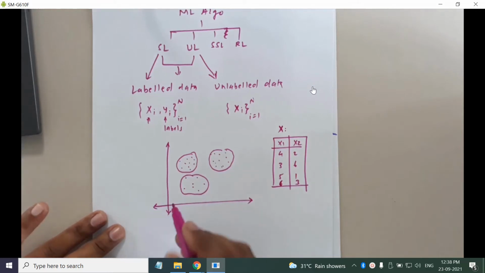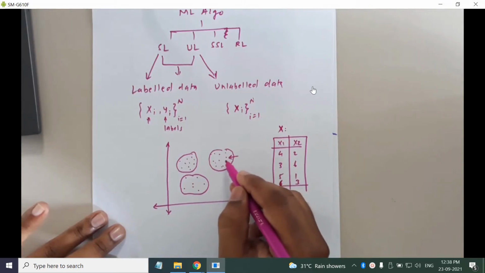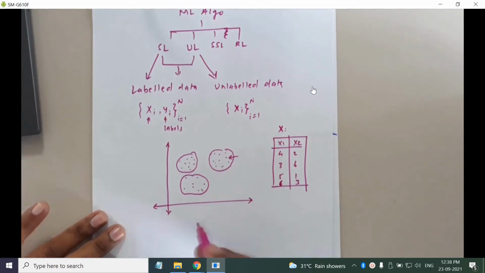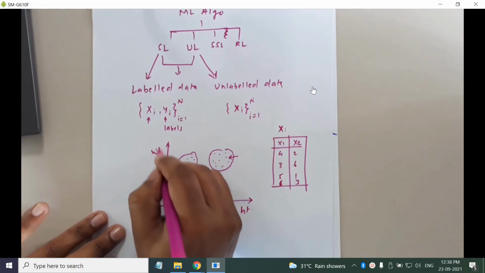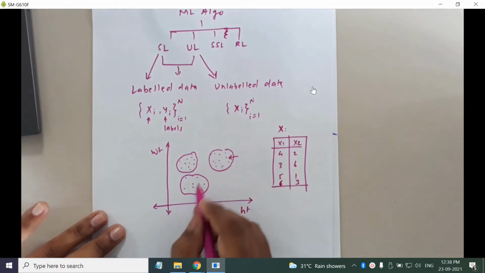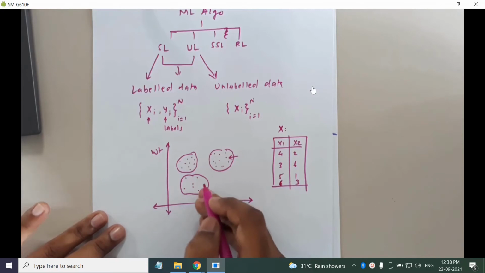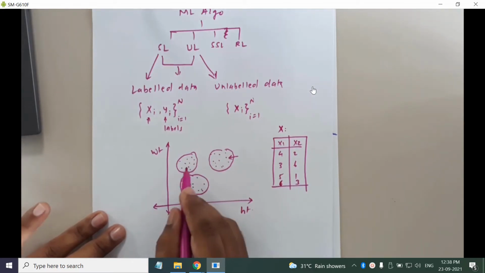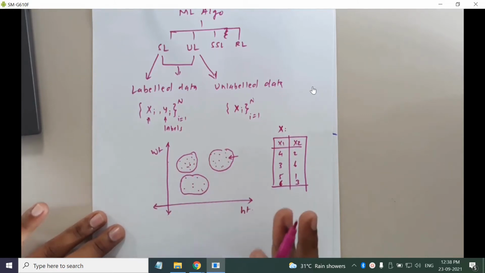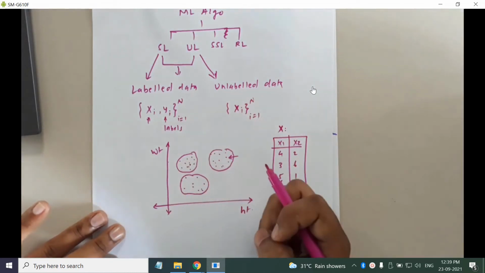In other words we can say that the points which are falling in this cluster exhibit different behavior as compared to the points which are here. Consider height and weight. So they are tall and healthy people. This cluster defines short and lightweight people. These are shorter in height but obese people, right? So they exhibit some behavior. So based on this unlabeled data we can draw some conclusions.